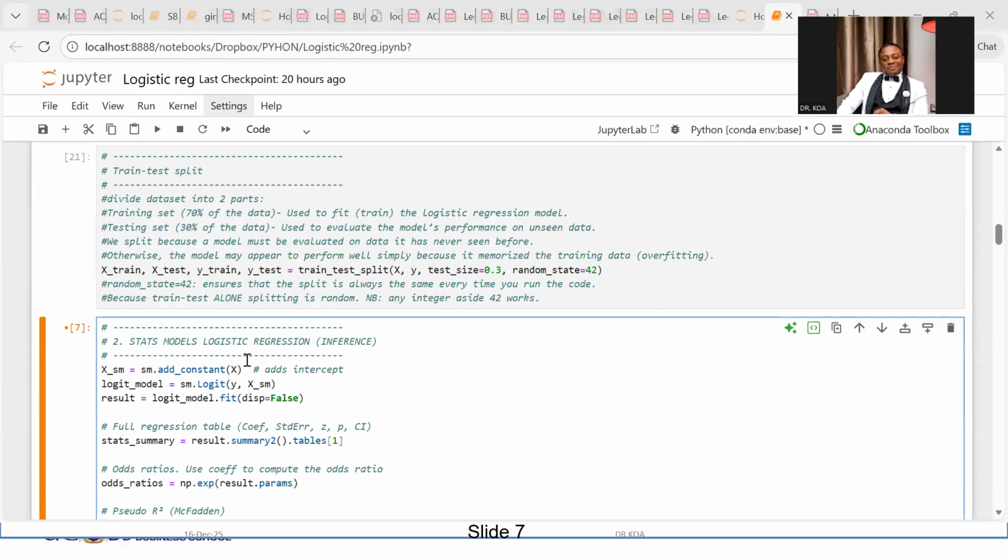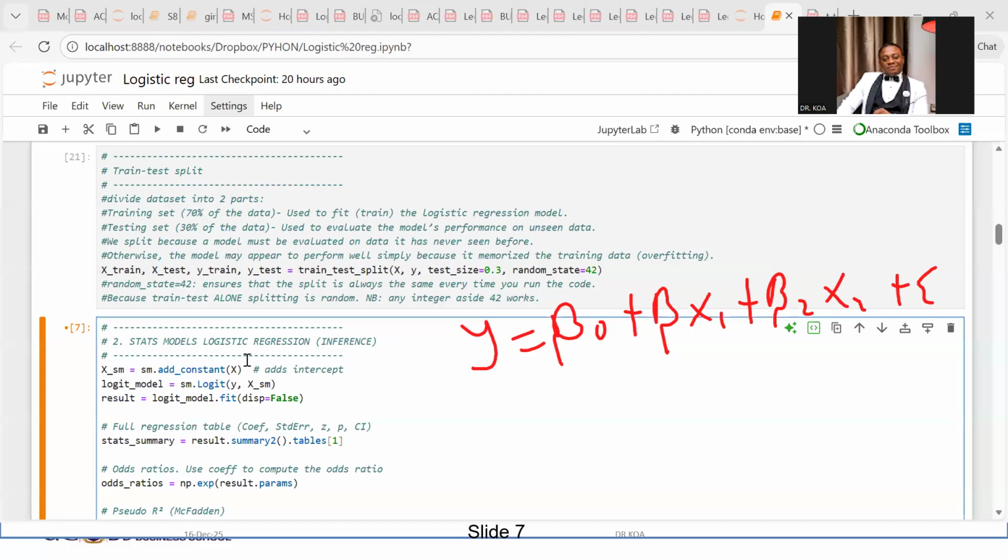What do you have? You have the dependent variable being a function of the beta naught plus beta 1 x1 plus beta 2 x2 plus error term. This is a regression. Now, this constant here is what I've indicated that you should add there. So constant should be added. The next one is you create a logit model. And the logit model, last time we looked at it, but I'll show you properly again when I'm about to formulate the logit model. And please note that you will use this same thing in your thesis, in your dissertation,